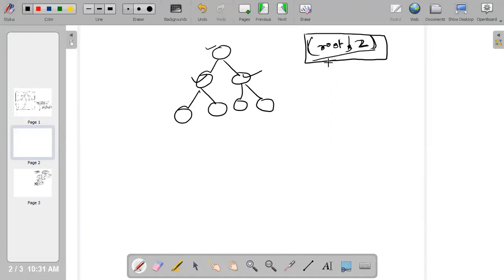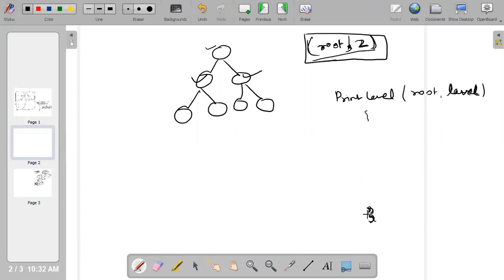How can I solve it? So my problem is print level, and I am having root and level. Now I have to think recursively.